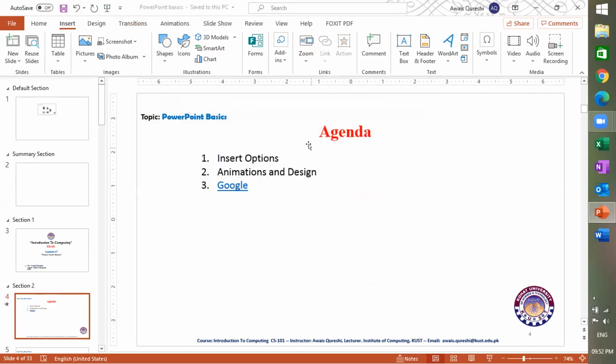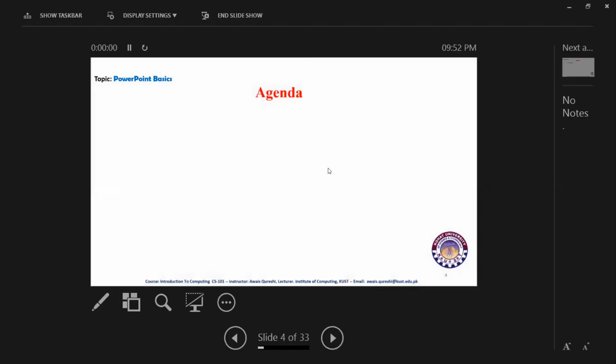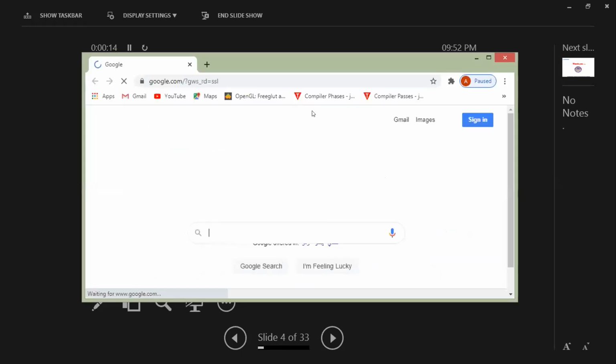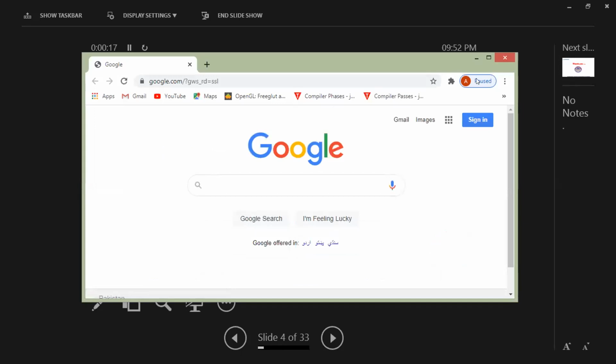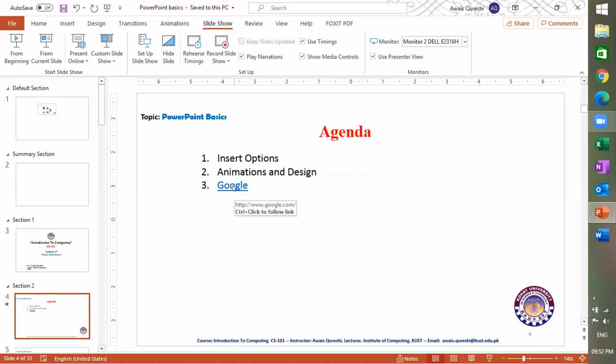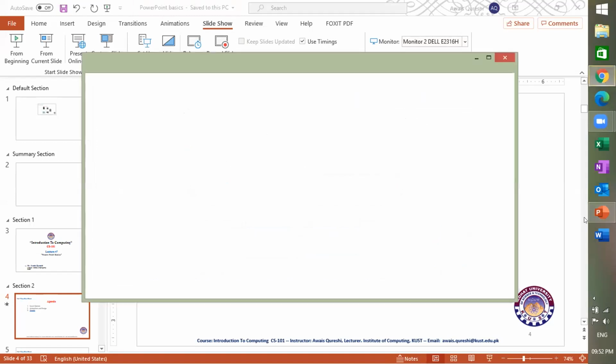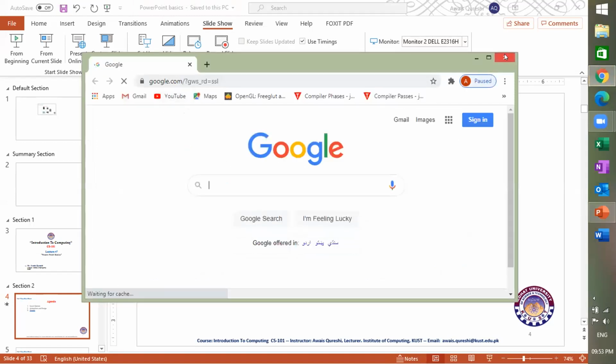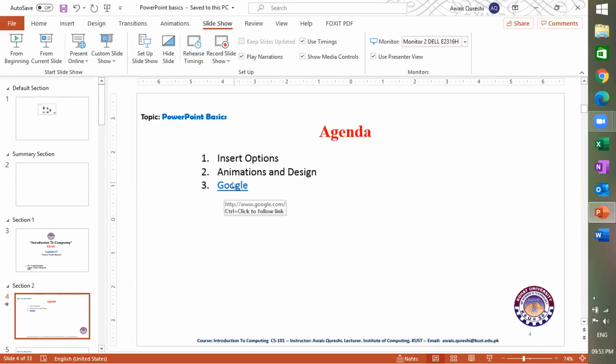let's see where it goes. And after clicking on current slide, agenda, and then its animations. Okay, when I click on it, it will take me to the Google search engine page. As you can see, it is opening like that. So in this way, we can add different links in our presentations and jump onto them. After clicking, press Control and then click on that link. It will take me to that particular link. Okay. So this is the way with the help of which we can add links.